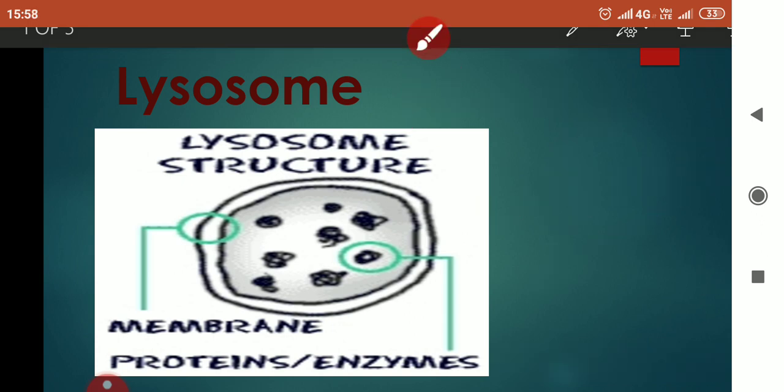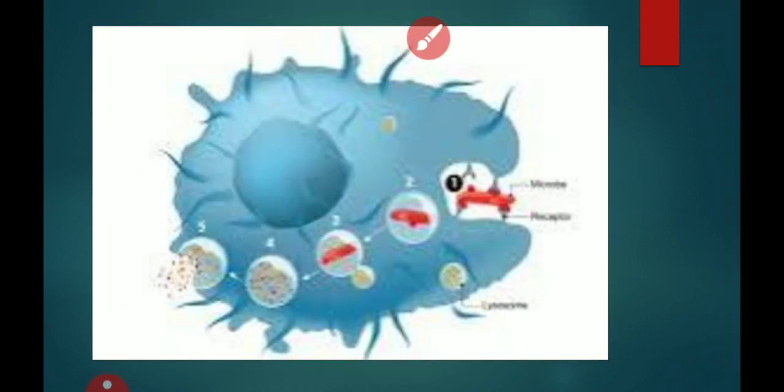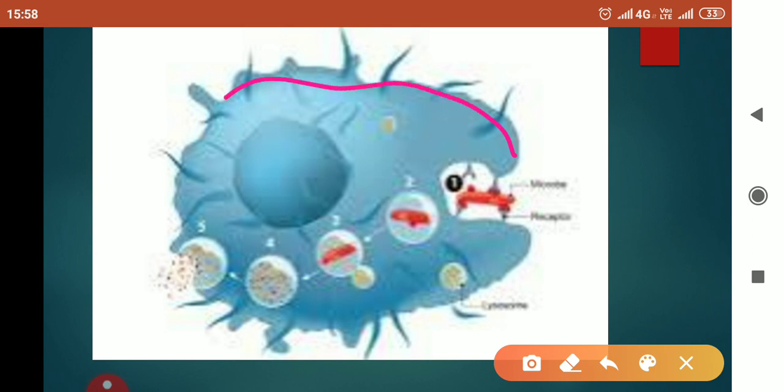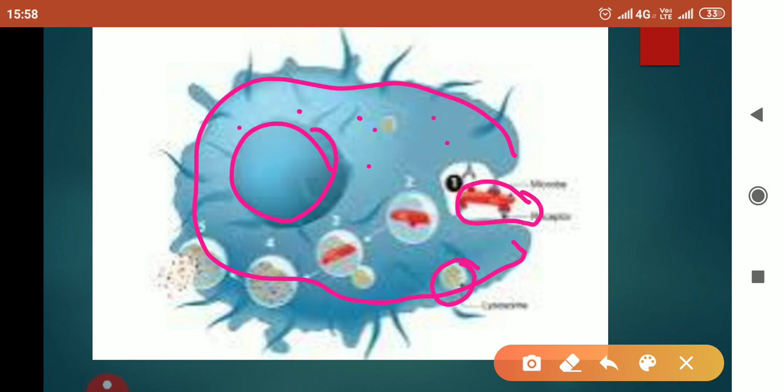Now, children, let us move on to the next slide. You can observe here that this is a cell. This blue color, this one is a cell. Inside the cell, this is the nucleus, and along with that, many structures are also present, which we do not need to study here. But you can also observe a small part. This is called lysosome. Now, what is happening here is this red color is a substance entering inside the cell, and a vacuole is formed as it enters there. This vacuole is called phagosome.